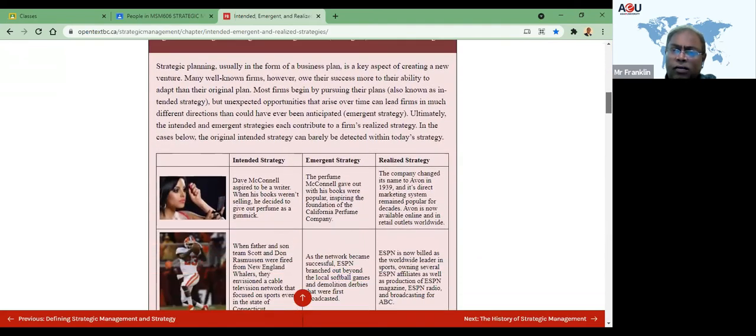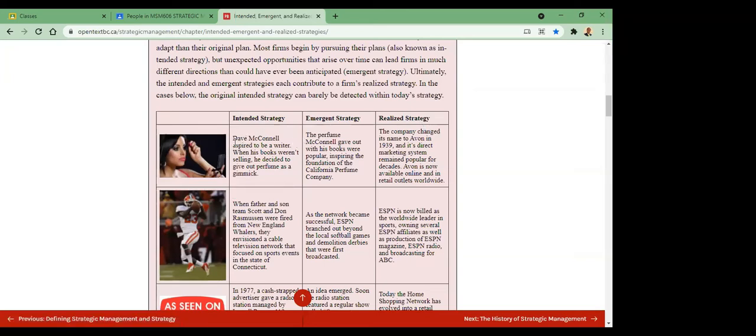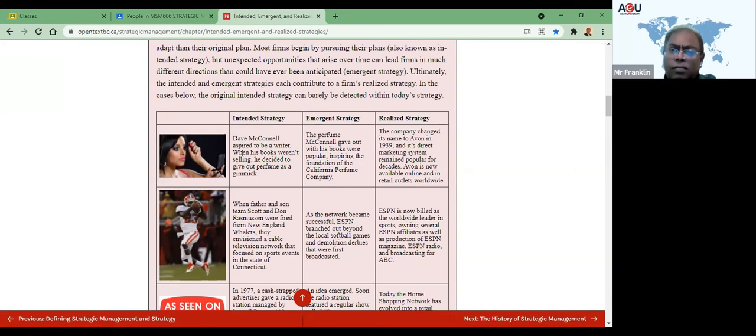Now look at this one: intended strategy, emergent strategy, realized strategy. Can you see my screen, the website? Yes, sir. Fine. Now, here he talks about Dave McCormick, who aspired to be a writer. When his books weren't selling, he decided to give out a perfume as a gimmick. Now, the intended strategy was to write a book. After that, what happened? It didn't work out. So what he did, the emergent strategy, is the perfume he gave out with his books was popular,